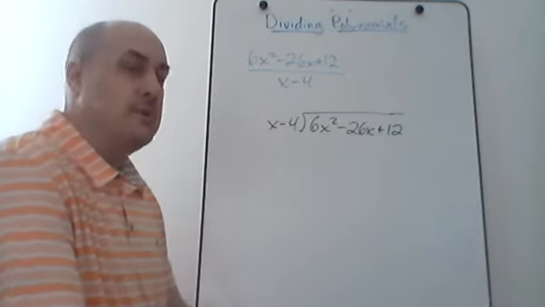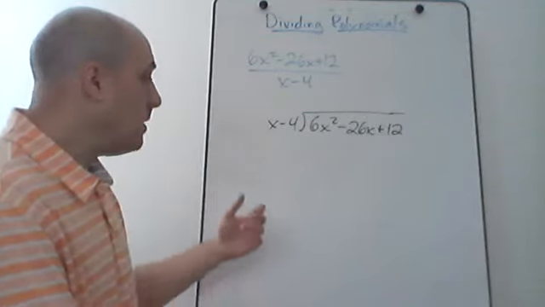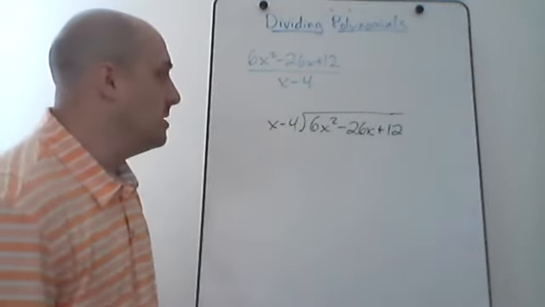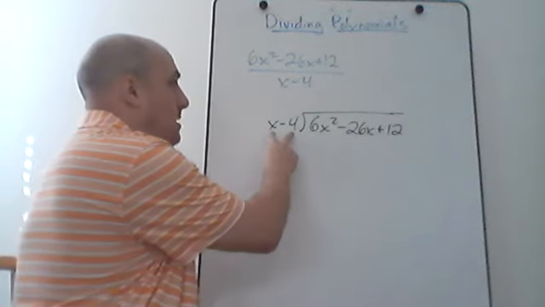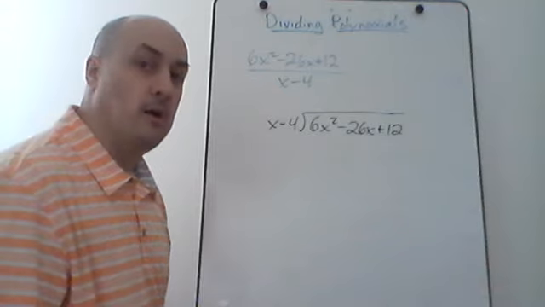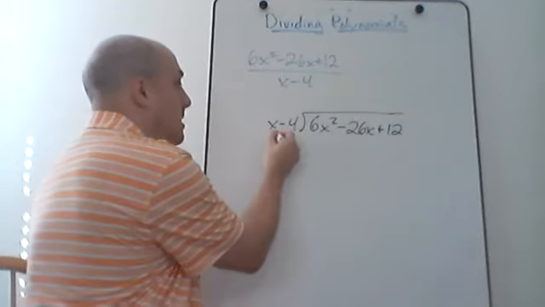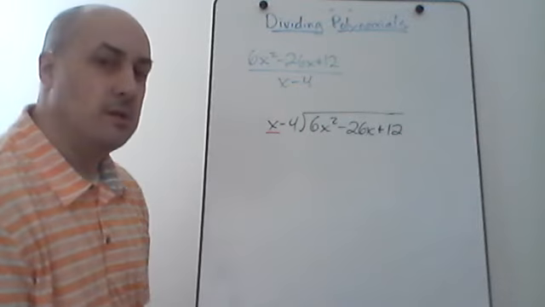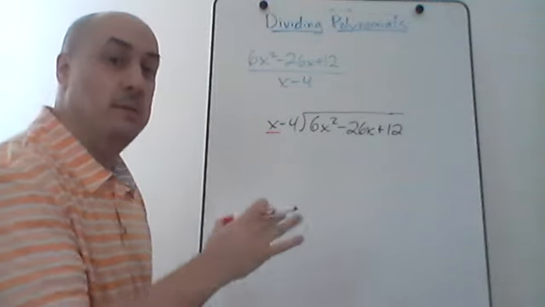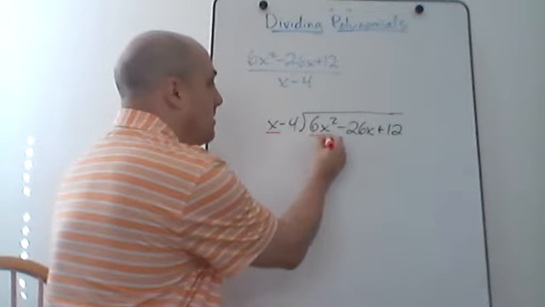All right, and now we're going to proceed similarly to what we did with those numbers a few minutes ago. Now, when you're doing polynomial long division, here's what you always look for. We don't actually try to do x minus 4 into all this stuff. We just look at the first term in our divisor, what's outside here, which is the x. Right, so I'm just looking at the x. I'm kind of ignoring the negative 4 for now. That's going to come into play in a minute. But for now, I'm just looking at the x, and I'm just looking at the first term that's in here,